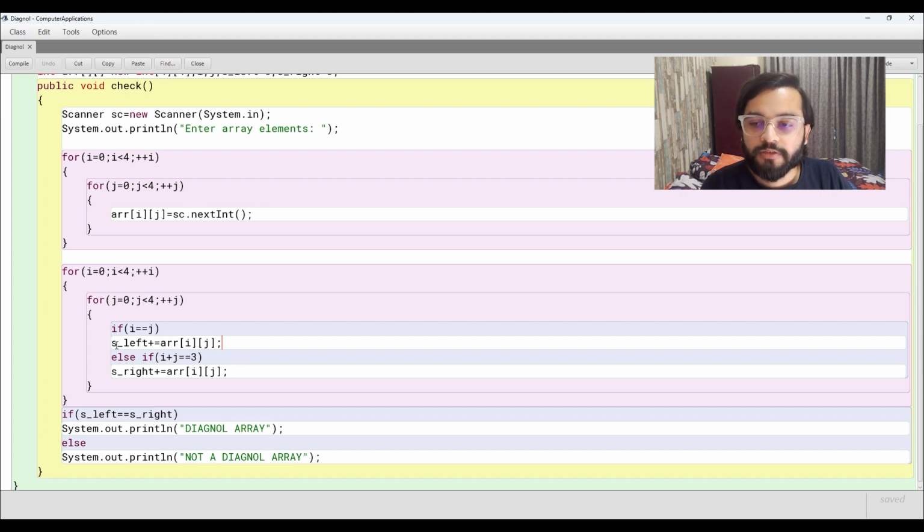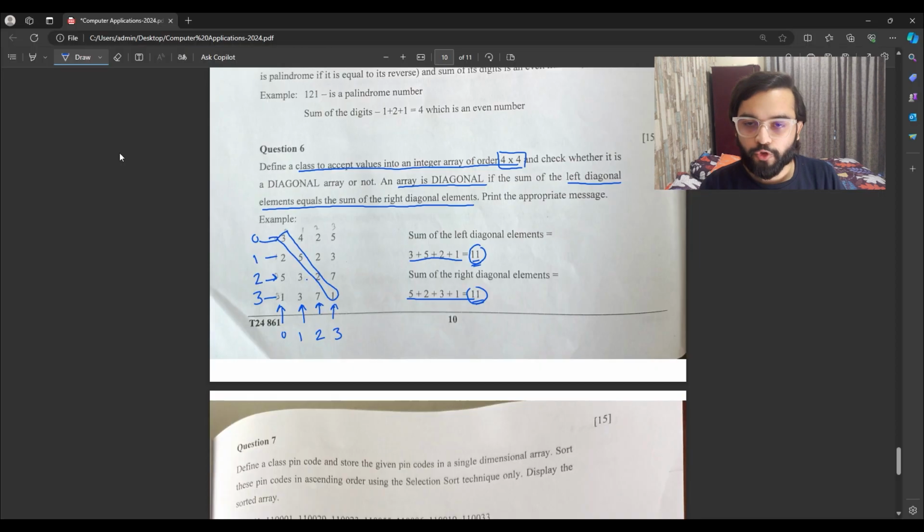This is the shorthand assignment operator which will add the values of the left diagonal and give us the sum. To check the right diagonal, this is our right diagonal's first element and its row is 0 and column number is 3. For this element, the row value is 1 and column value is 2. For this one, our row value is 2 and column value is 1.